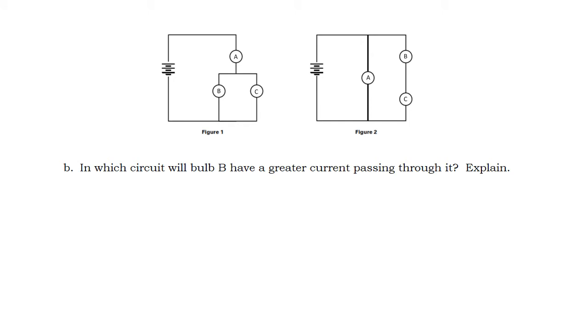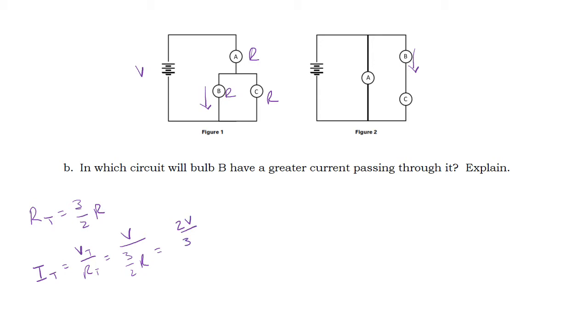This one's a little bit tricky. They want to know which one has a greater current going through bulb B, figure 1 or figure 2. And so my logic here was to first figure out what the current is in figure 1 in terms of V and in terms of R. Recall that the total resistance of figure 1 is 3/2 R, and the total voltage is V, and so the total current, which is V total over R total, is V over 3/2 R, which is